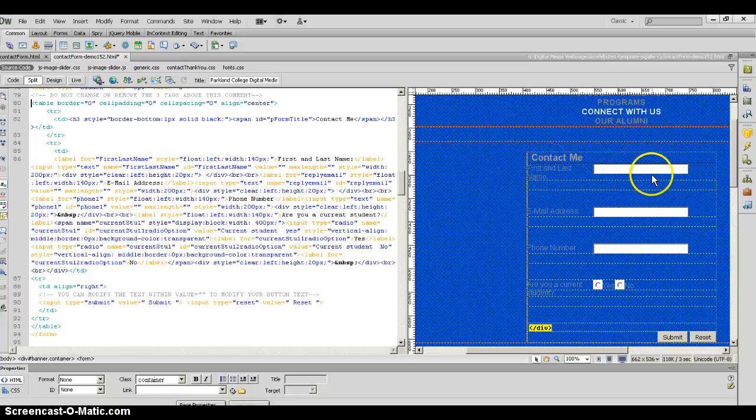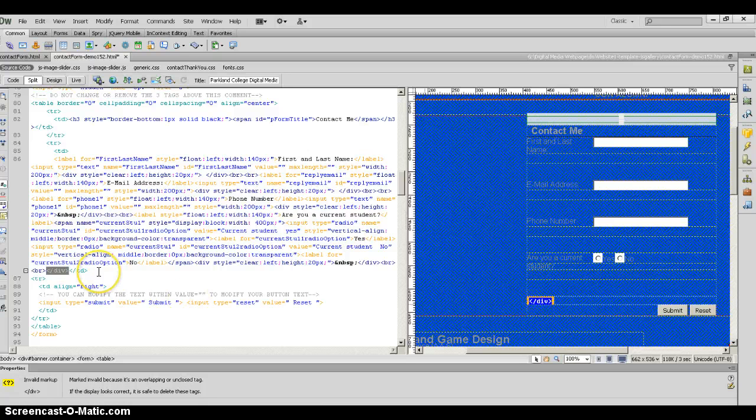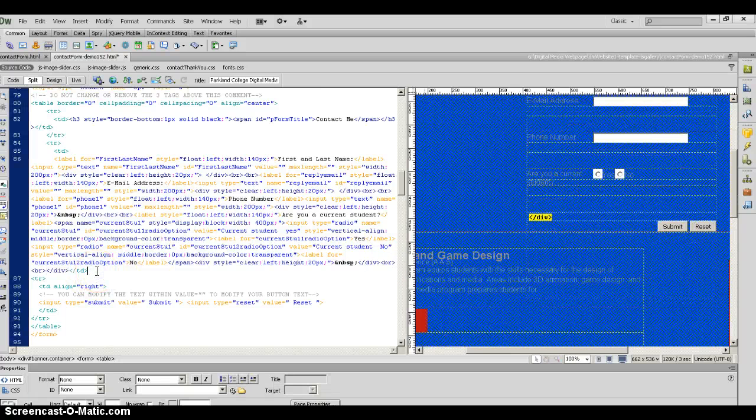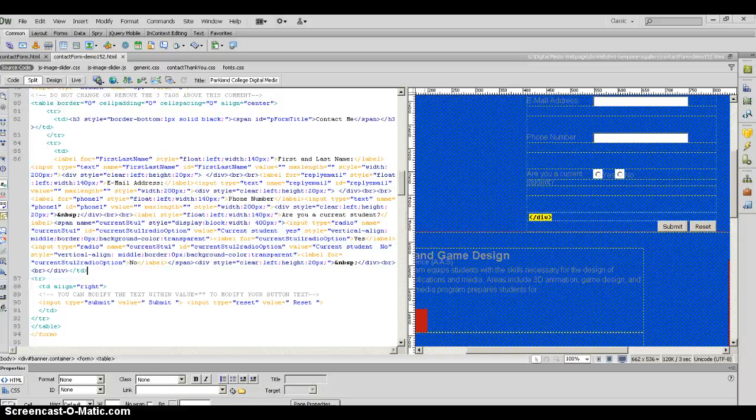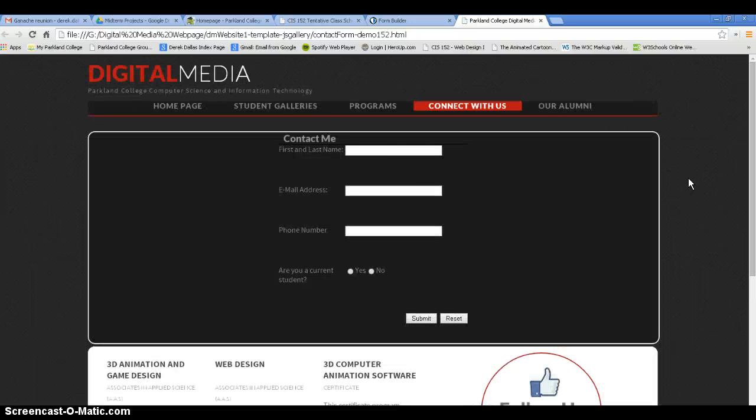And when I paste it in, you'll see that my form content jumps in. It looks like I've got a problem here. I've got a div that doesn't need to be there. Something's got it out of whack. So a div is showing up that I need to clear up somehow, but I'll have to fix that. But I'll fix that in a minute. When I hit save, and if I go and do a quick preview, so here's my page before, and if I hit F5 to refresh, here is my form. You can see I've got my contact me,